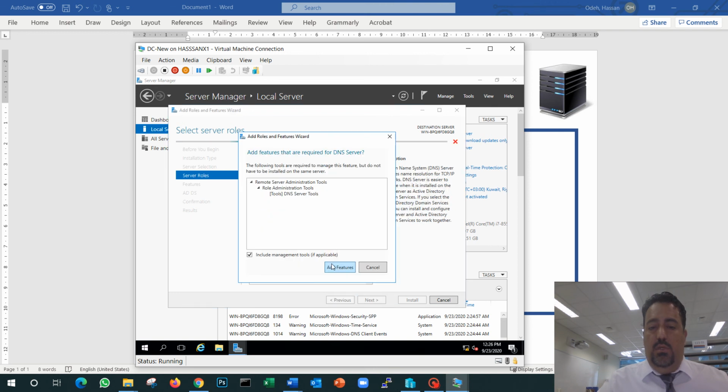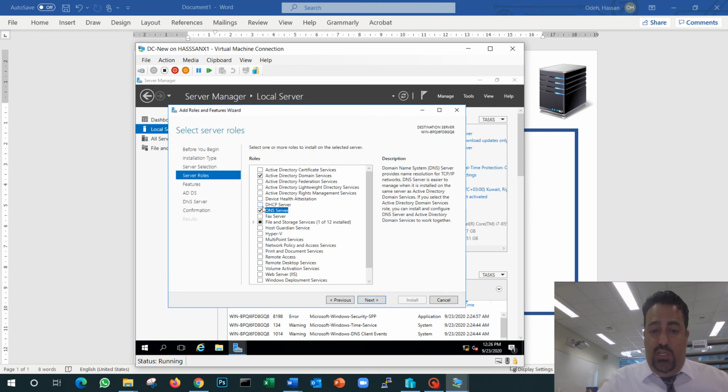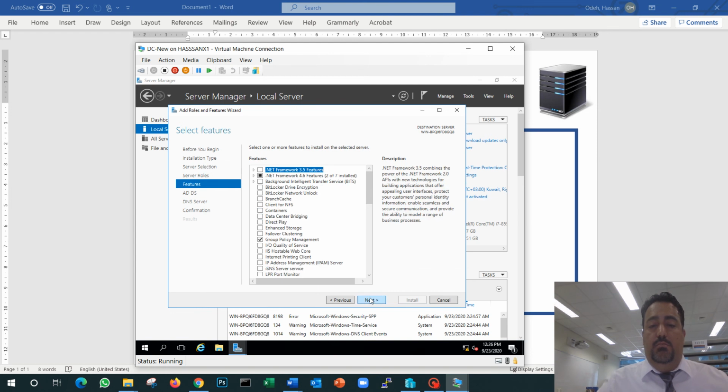Good. And I'm supposed to do the DHCP, but we will not do it now. We will keep it until we sit down for the DHCP lesson. I don't want you to accidentally enable the DHCP and then cause a problem on the network. So we will not install it at this stage. Once we need it, we will install it in that class. And then I click Next.